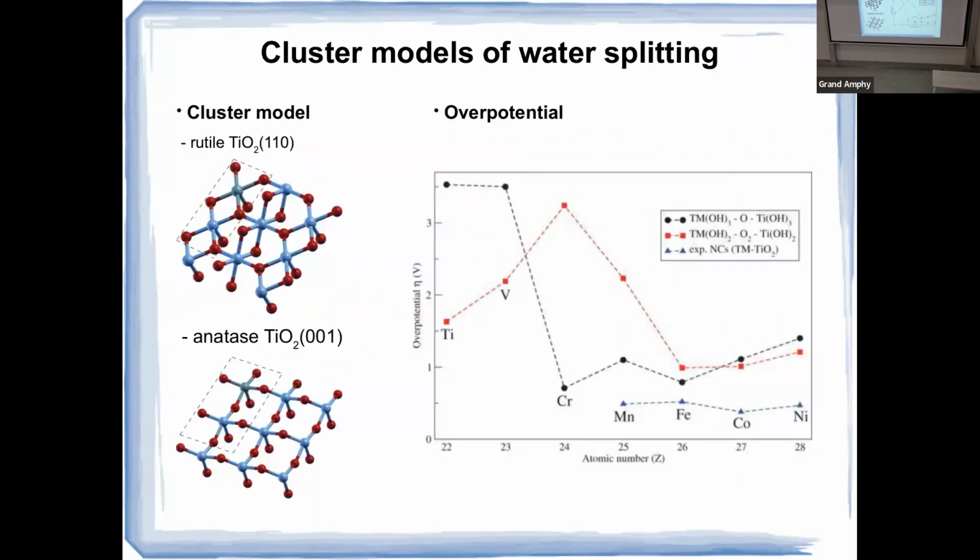And there is a similar representation of these cluster models. And here, for example, this is the pure system, and then we start to dope the system with other transition metals, and it was not always performing well, but at least for these heavier transition metals, you get the result that was an experimental result, not for extended surfaces but for nanoparticles, that is nearly independent of the chemical element that you use to replace titanium on the surface.